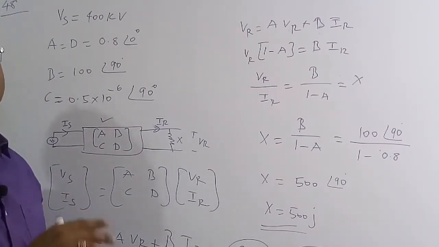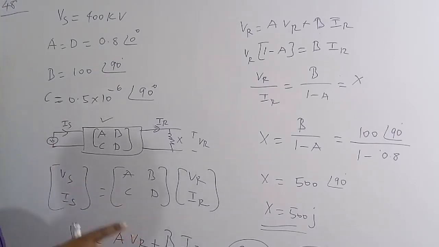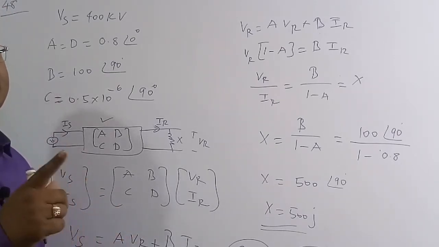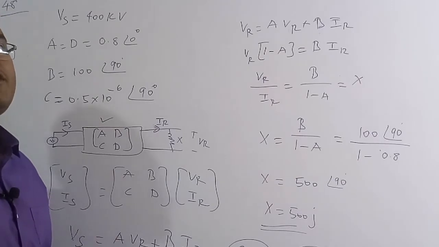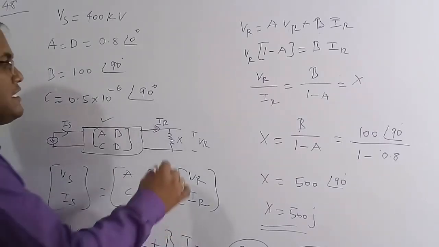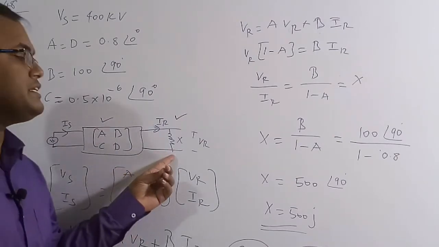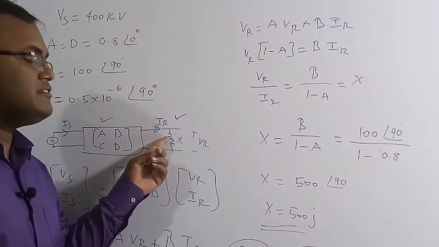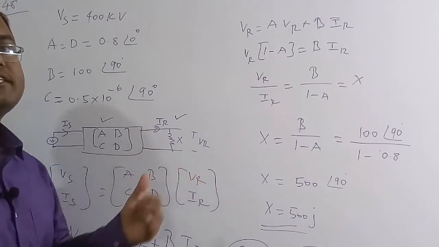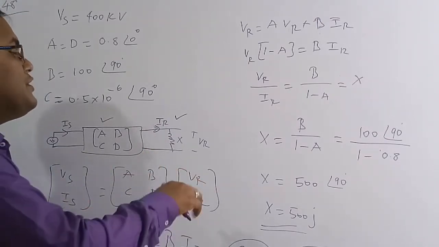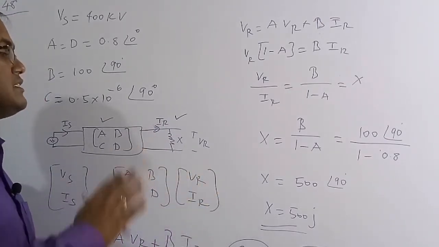For the small transmission line there is no capacitance effect, but for the medium and long transmission lines there is a capacitance effect. Because of this, the receiving end voltage will be greater than the supply end voltage at no load. So now we need to keep a reactor at the receiving end. We are going to compensate the Ferranti effect, meaning we are going to make the receiving end voltage equal to the supply end voltage.